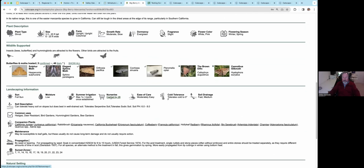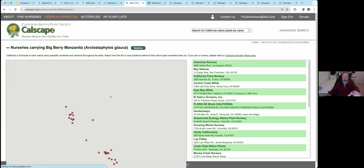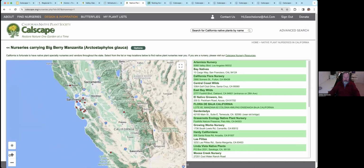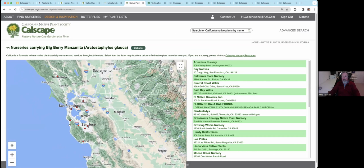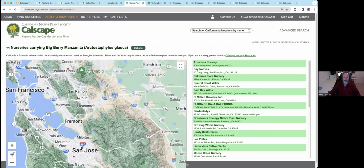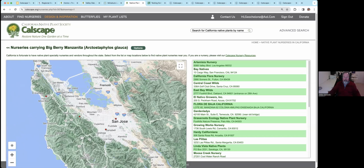And before I forget, I need to talk about the fact that you can determine where the plant is available. Remember I talked about nurseries? You can actually tell where this plant is available by going to where it says it's available in so many nurseries. So you can tell that a plant is, for example, very popular because it's sold at a bunch of nurseries. There are some that are sold at literally one or two nurseries. So you'll know that maybe they're more of a challenge to grow, or maybe they're more used in restoration, but they're not really used much in